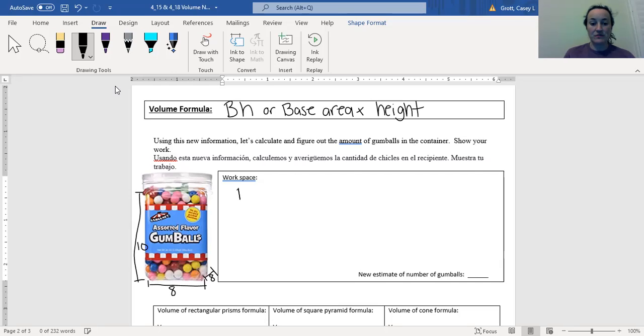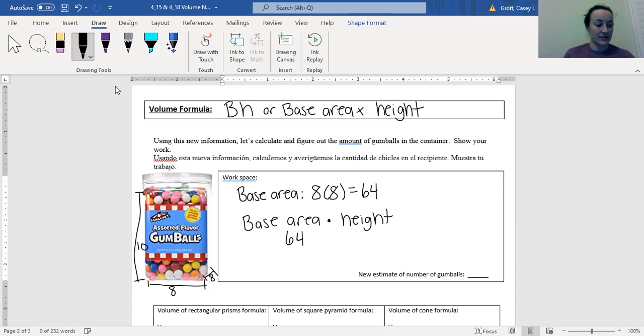So if I do my base area, that's going to be 8 times 8, which is 64. And I'm going to do my base area times height. So 64 times 10